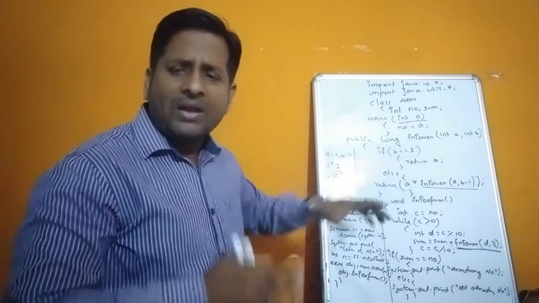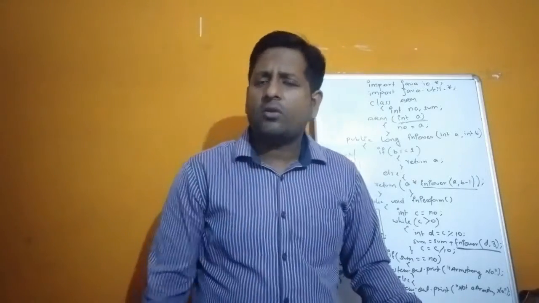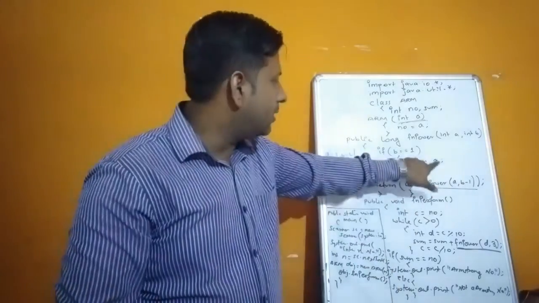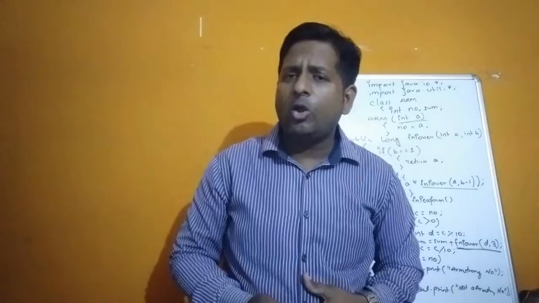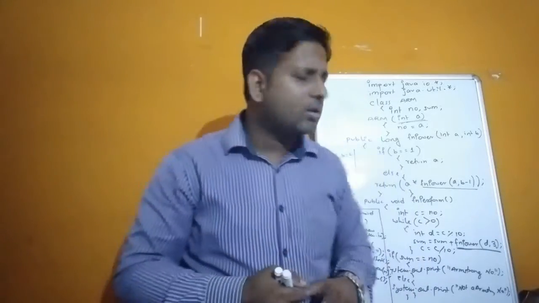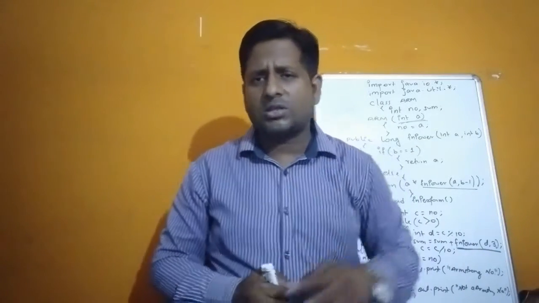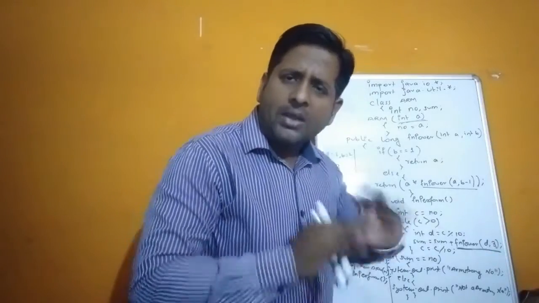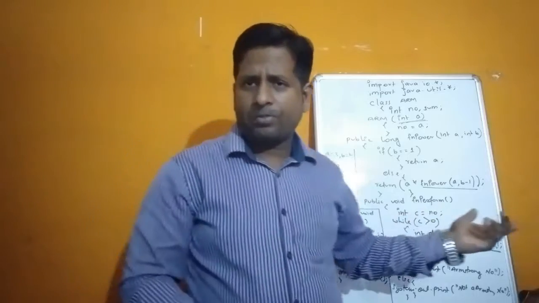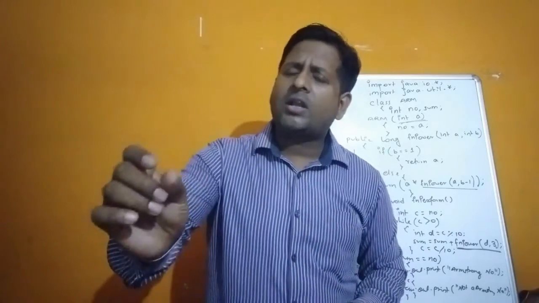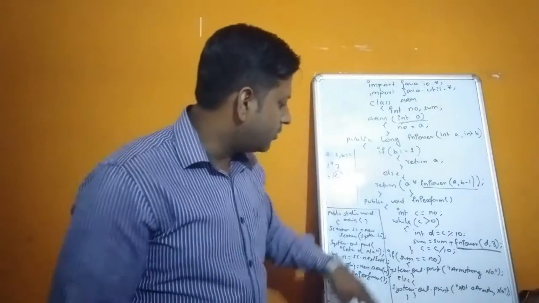Next we have a normal function, void is there: function perform. As per the Armstrong logic, we need each digit. That digit we need to pass as a number, here a. For digit calculations we need to use a while loop, and if you divide the number by 10, the remainder gives you the last digit. So we are passing the digit count, and we are assuming that our number is a 3-digit number, so I am passing 3 here. If you don't want to assume, no problem, you can use the string approach also. You can convert the number to a string, then take out the length, and the length will be the number of digits that you can pass here. The same answer will come.